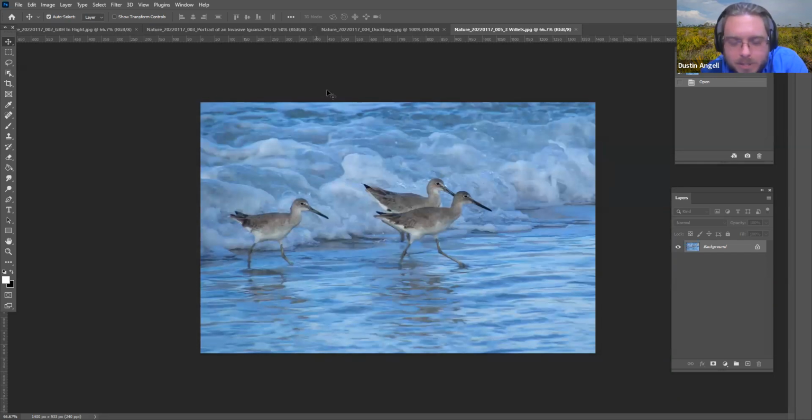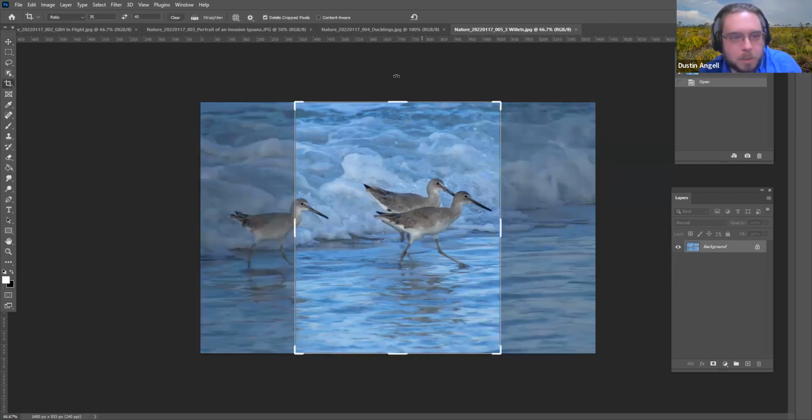Oh yeah, this is Willets. And we've got some light on this wet sand, doing some cool things here. And the water is kind of frozen in time, so we're seeing a lot of details on the water here. I'm not sure what I would change on this one. Could play with cropping it,